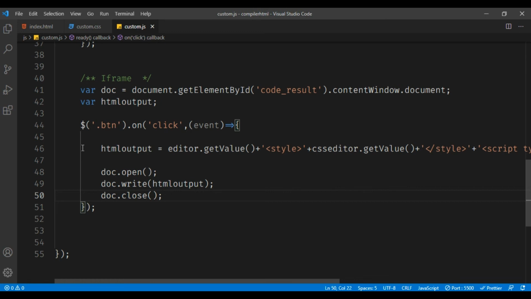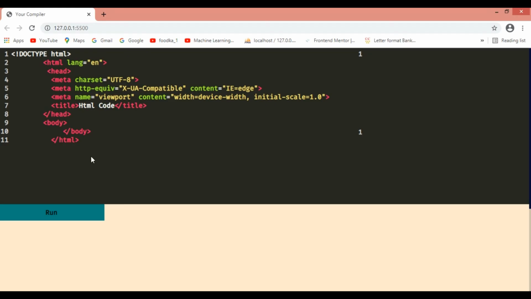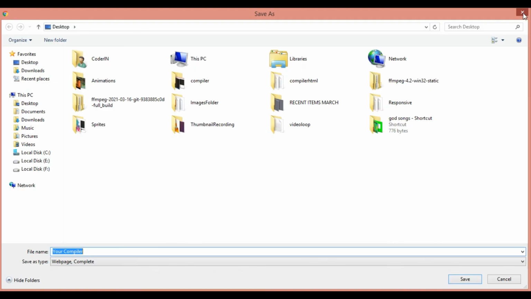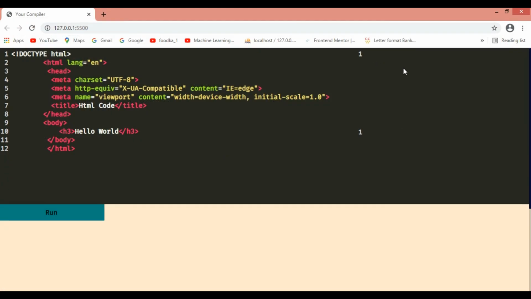Okay, so let's see. This alignment actually can be done, but let's see whether it is working or not. Hello world. Okay, now this is the CSS code. H3 closing the bracket. So font size of 6 rem, color to be as red.